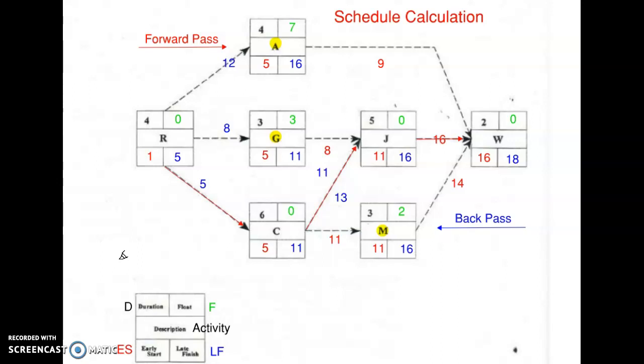Could start on day 8, and it would still finish by day 11, and we would not impact the schedule. And same with M. So when they talk about float, they're talking about activities that can move a little bit. They could maybe start a little bit later than they need to, and it's not going to impact the total duration of the project. So this is how I do it. Your book explains it a little bit differently, but go ahead and